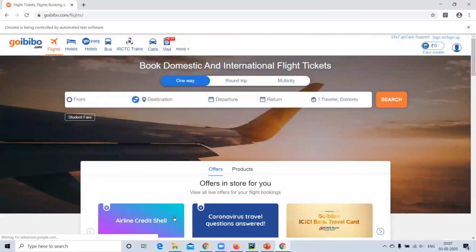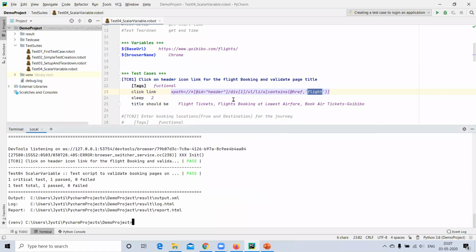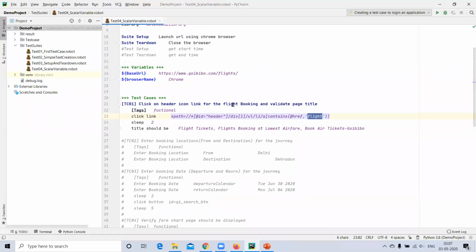Here we are clicking on flights, then validating the title name. So if we want to click on hotels, what will we do in the same test case? Here I am going to create a scalar variable for the booking option, whatever we want to choose.